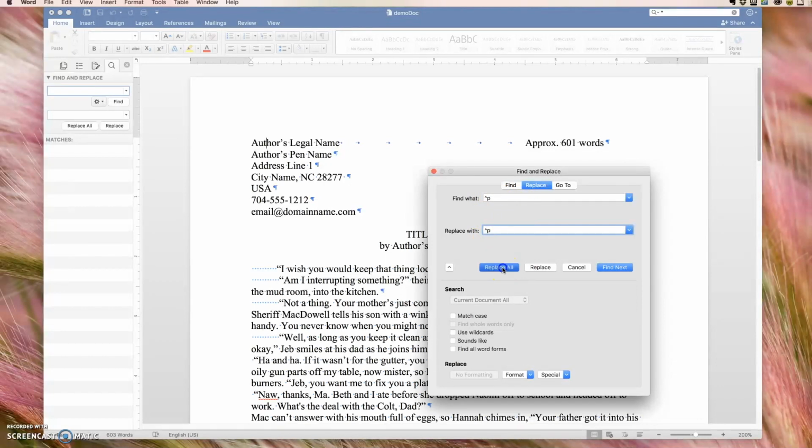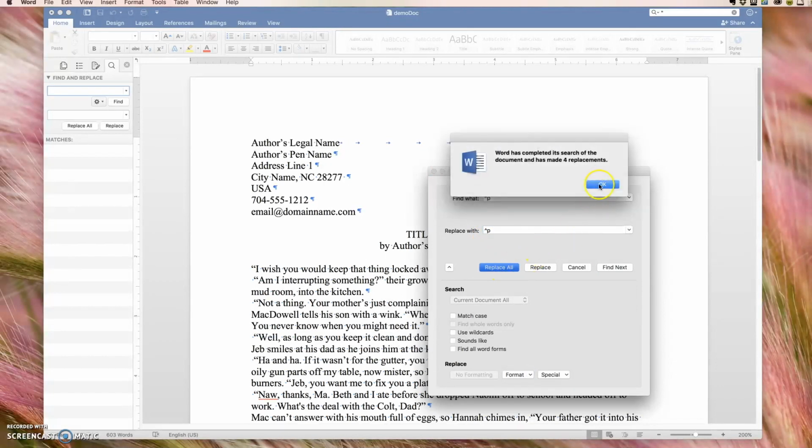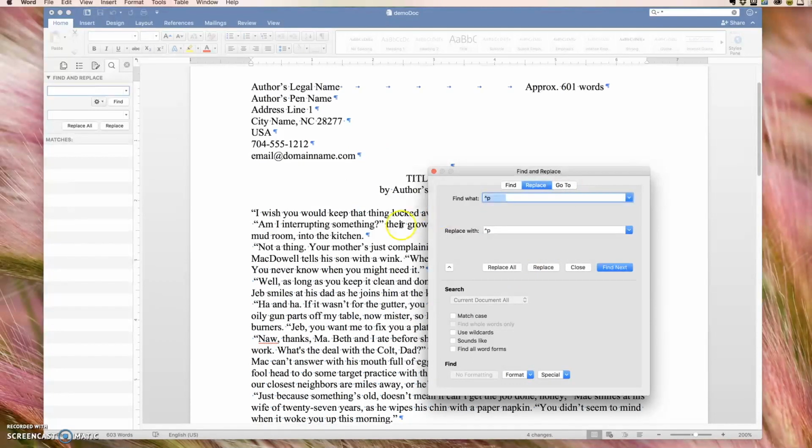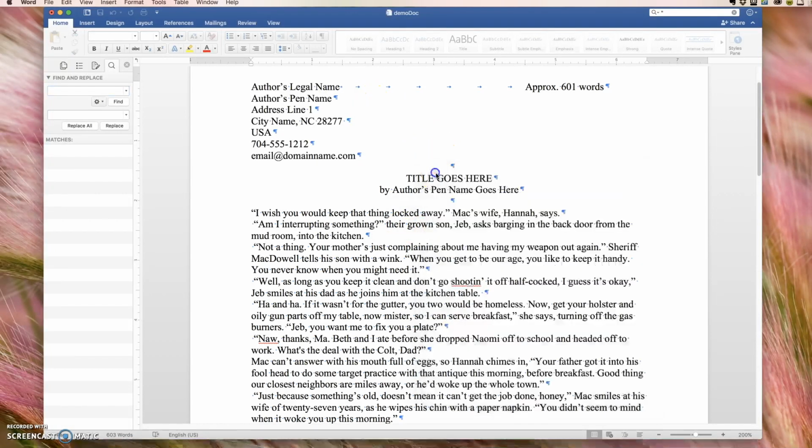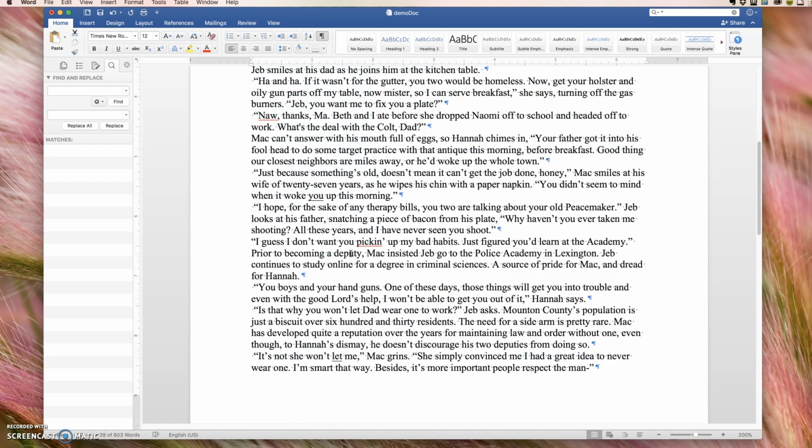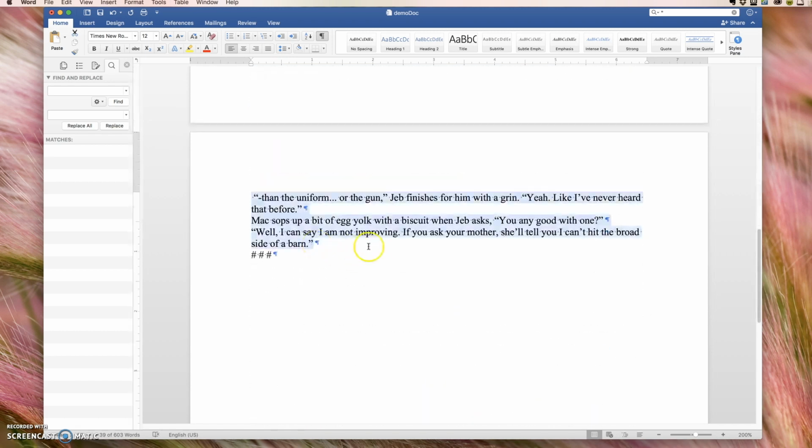So we're going to hit Replace All, and there are very few instances because we've shortened this document, but you can see how it has taken out all of the indents, or the fake indents rather, from there. We're going to close out Advanced Replace. There you can see. Now we're going to highlight the whole text,